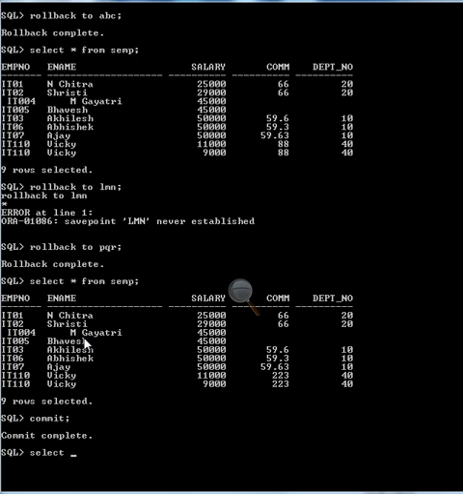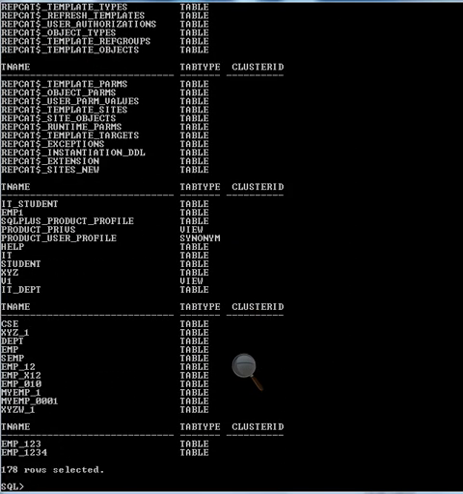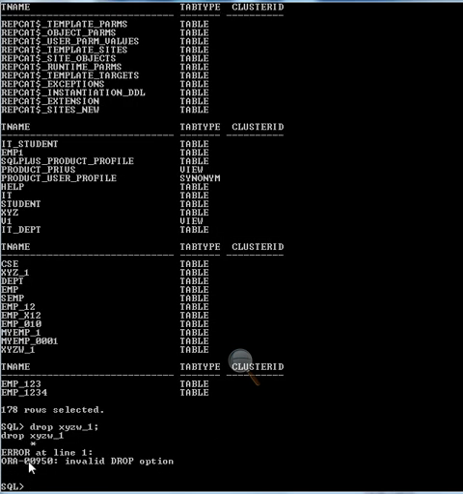Select star from tab, we have table xyzw_1. Try to drop that table, drop xyzw_1, so it will delete the data values as well as the schema.